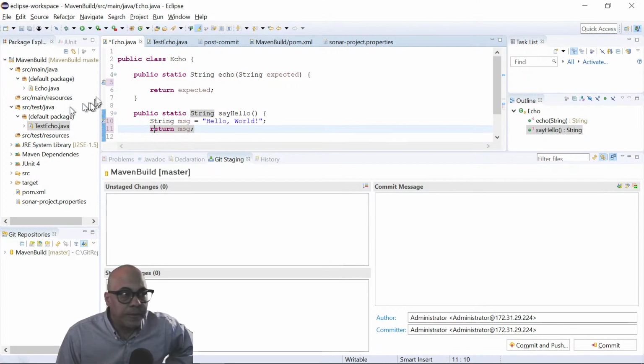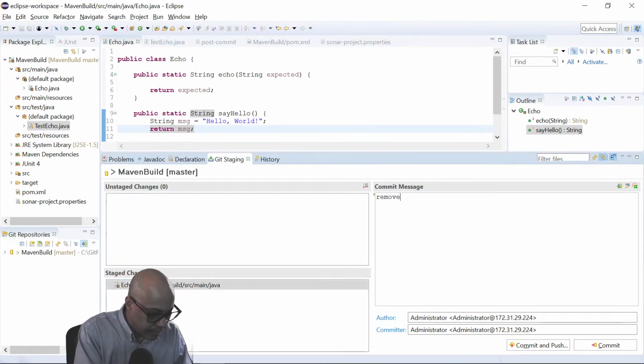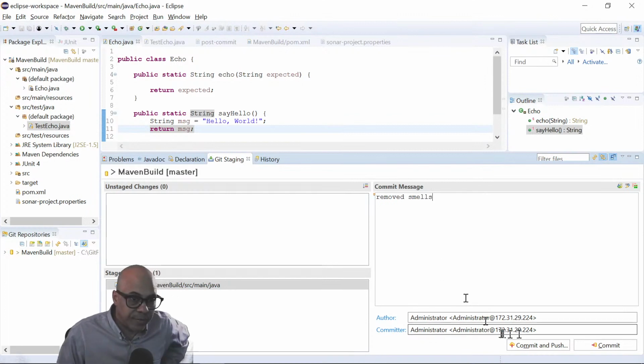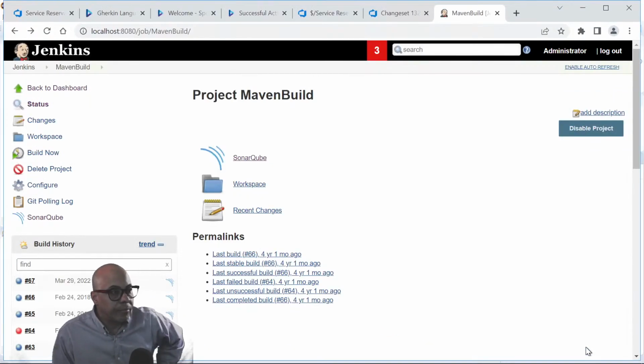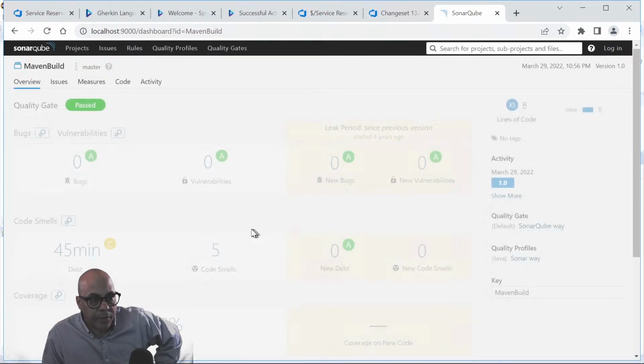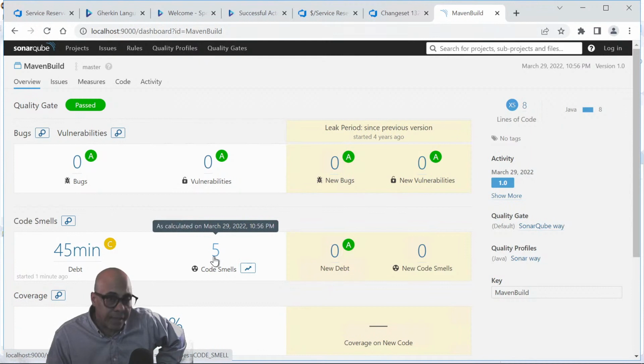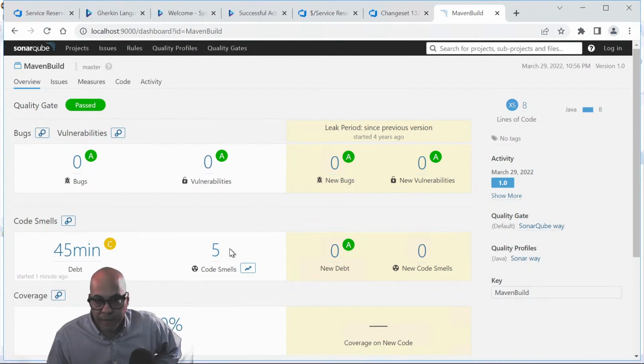All right. Now, save all files. Drag my change down. Removed smells. Commit again. Jump back over here. We should get our little quiet period report. While we're waiting for that, let's take a quick peek over here. We still have the same 5 code smells with that last build that we just did. But this time, because I removed the to-dos and I fixed the literal string that was passing, 2 to-dos, 1 literal string, we should only have 2 issues left. The smells should be fix the constructor and don't use the default package.